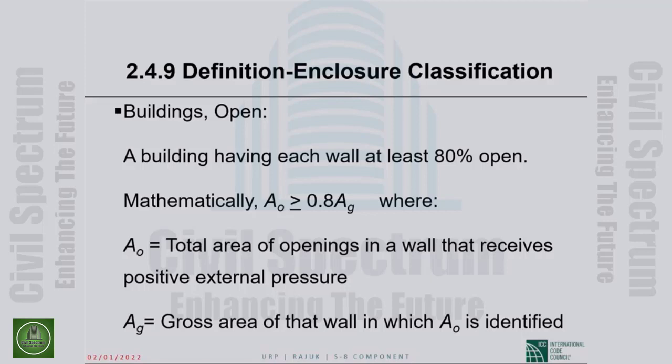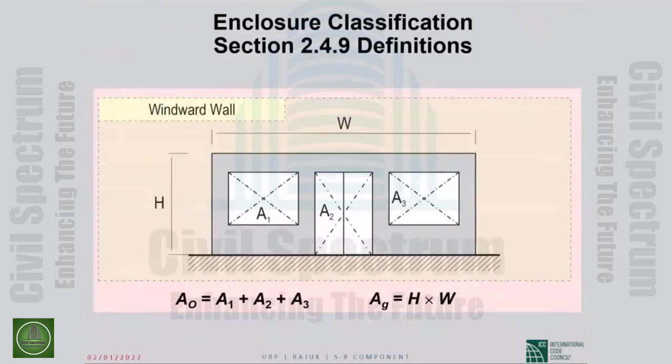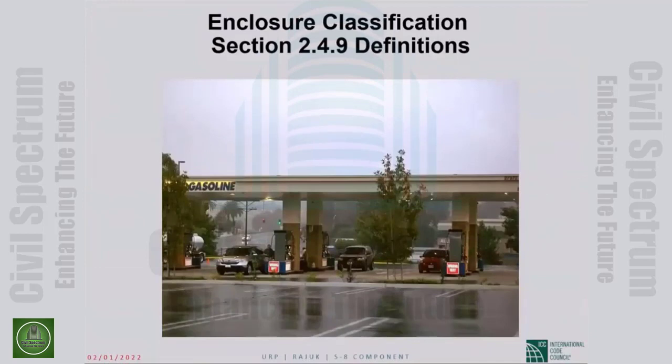The technical definitions are in terms of how much opening you have on the face of the building receiving positive pressure, and how many openings you have in the entire building envelope. So this is an open building, a typical open building. You see, it's not a building, but this is an open building by ASCE 7 definition,